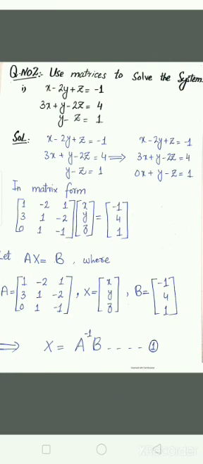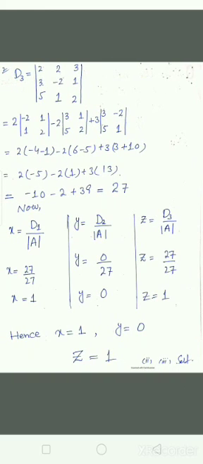The next method is the matrix method, in which we need cofactors and the adjoint of the given matrix. This method will be studied in our next lecture. So this was today's lecture, and all the remaining parts, that is part 2 and part 3 of question number 1, are for your self exercise.